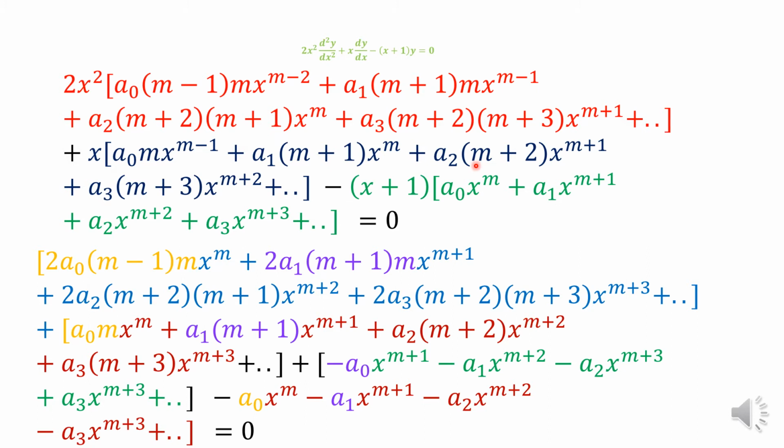So as such we are taking this here, right? It is a2, m plus 2, it is x the power m plus 1, so that will be x the power m plus 2. Similarly, this term a3 will be as such, right? M plus 3, then m plus 2, plus x the power m plus 3 will be there. And similarly now here, one by one this x and 1 we can take inside, minus sign is there, so what is left?